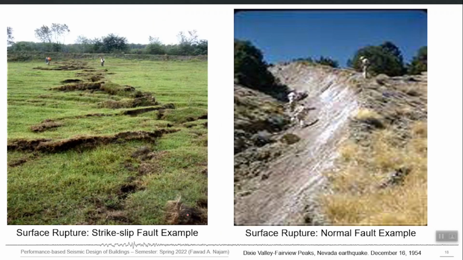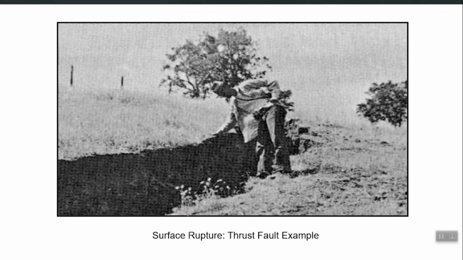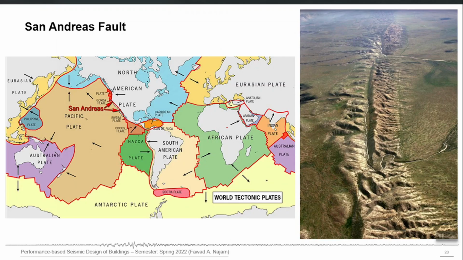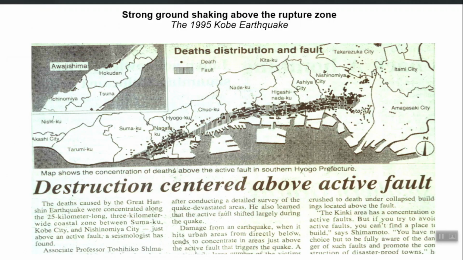So let me skip all these figures. You can find very good illustrative figures for different types of fault. So you can see here a thrust fault, where one piece of land is above the other. There is another very famous one, the San Andreas Fault, which is directly visible from the surface. So you can exactly identify that this is a crack in the crust which is going down. This figure is from